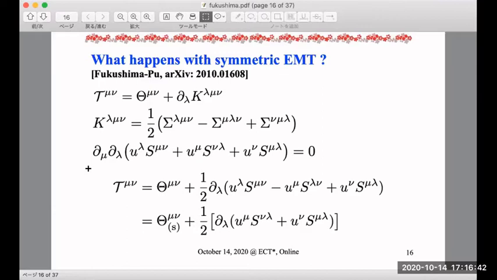This constraint equation is not the dynamical equation. It just guarantees that the equation of motion for T mu nu and theta mu nu is completely the same. So you have another six equations, which are for the total angular momentum conservation. Yeah, but that sixth equation is coming from the entropy production rate. That is my point. It's coming from the total angular momentum conservation.